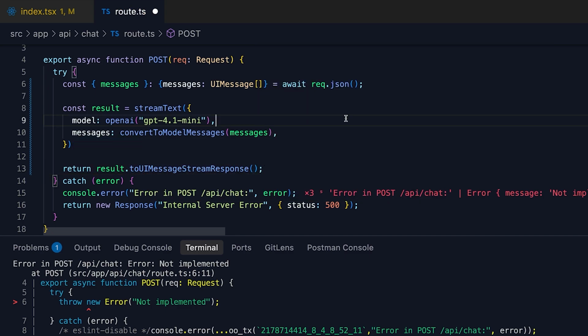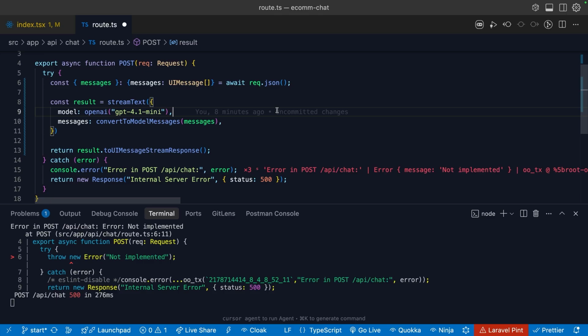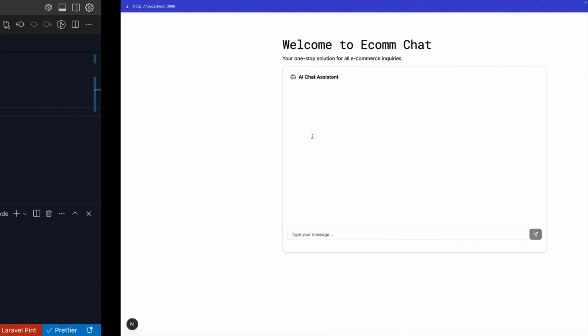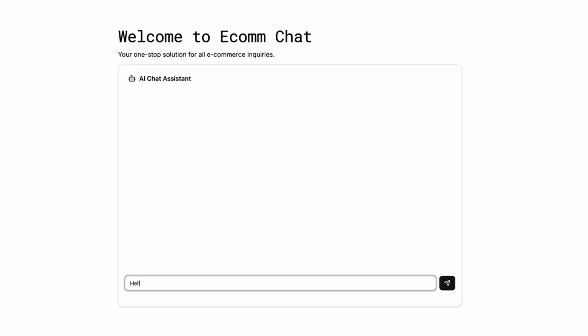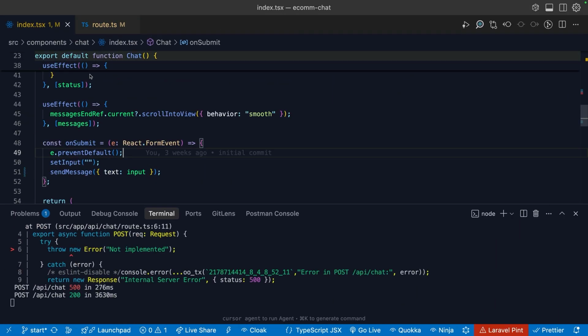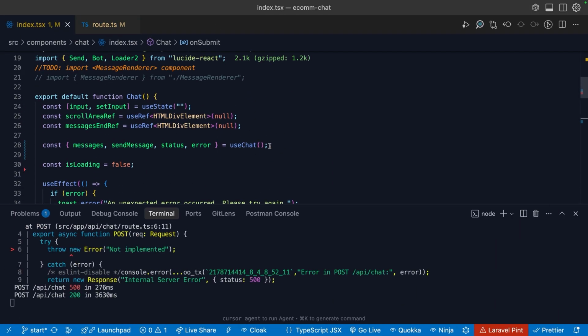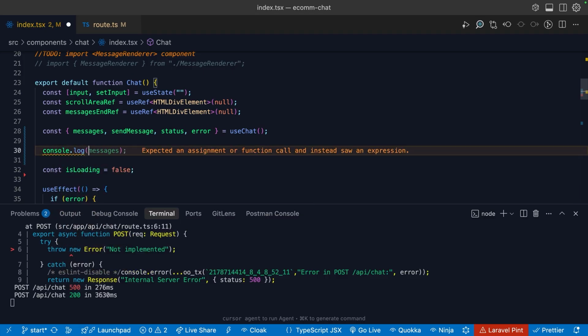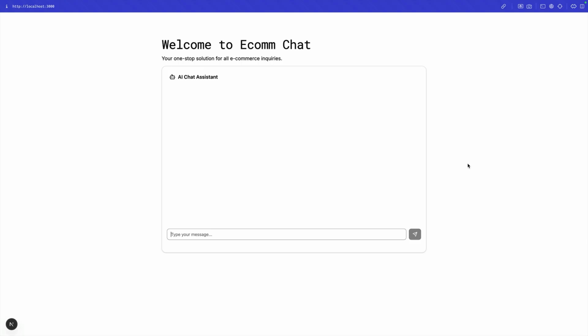And this is going to take care of all of the logic for being able to stream that response back to the user. So if we save this again, we should be able to come back into our application and type in hello world. At this point, we're still not seeing anything, but hopefully we're actually getting a response back. So let's go back to our chat and let's just log out inside of this component. We can log out our messages